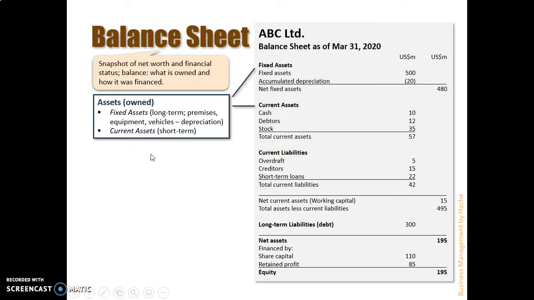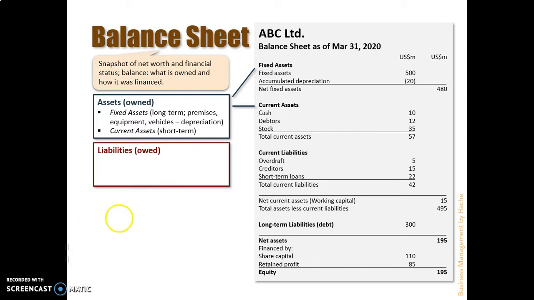The other section of the balance sheet is the liabilities, which is what you owe, what the business owes, okay. So remember, assets, you own it; liabilities, you owe it. And it also can be understood in two ways. One is the current liabilities, which are the short-term debts that must be paid right away or as soon as possible, like an overdraft, like short or small creditors, like